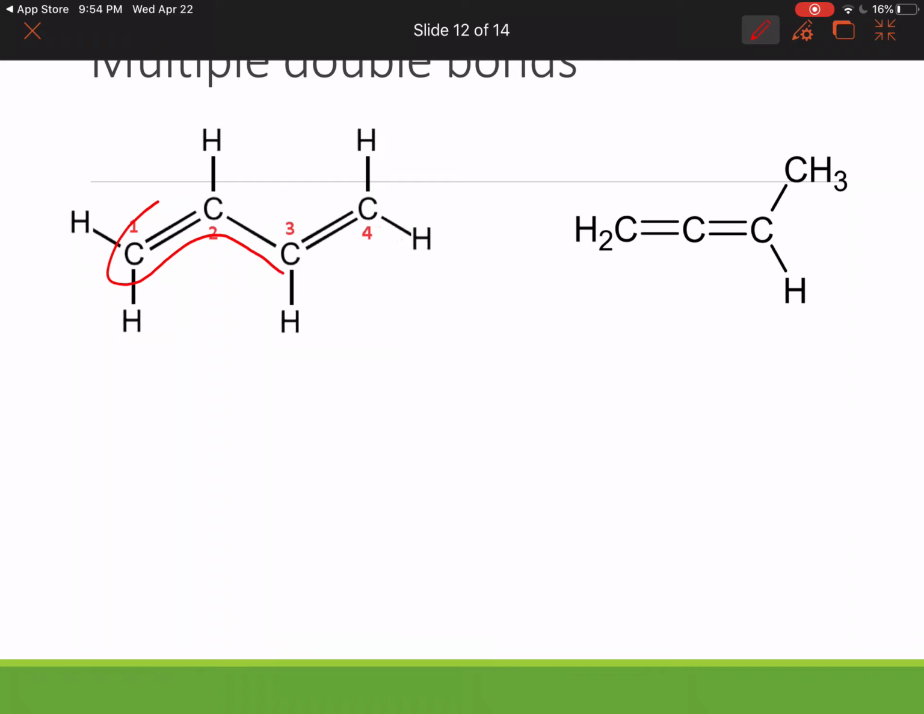So let's look at this. You'll notice the longest continuous chain is 1, 2, 3, 4. Yeah, they're up and down, but it doesn't matter. That's actually showing a little bit more of the angles in real life. How you draw it on paper is never going to be a realistic interpretation unless you're a great artist. Okay, so 1, 2, 3, 4. So this is a butane,